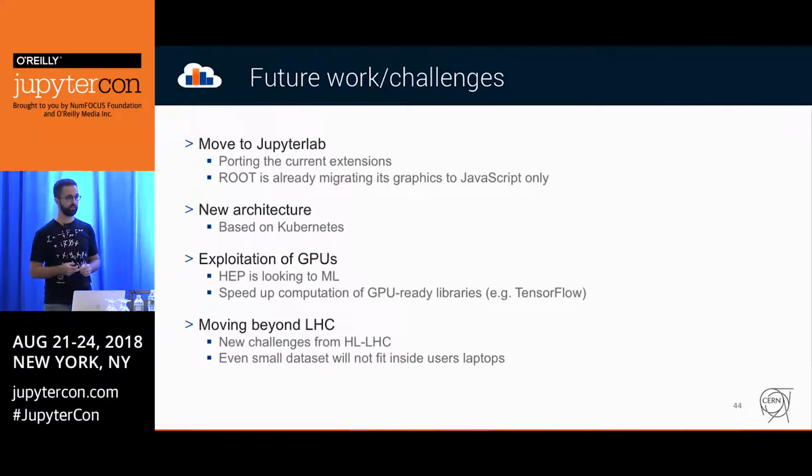But let's look ahead, and this is what we're planning to do with the platform. The first thing is to move to JupyterLab. As you can imagine, many of our users need more powerful tools than what the traditional notebook can provide, and we think this will be a way to attract these users that don't see SWAN as a useful tool for them. And of course, this means that we will have to port all of our extensions, but it's part of